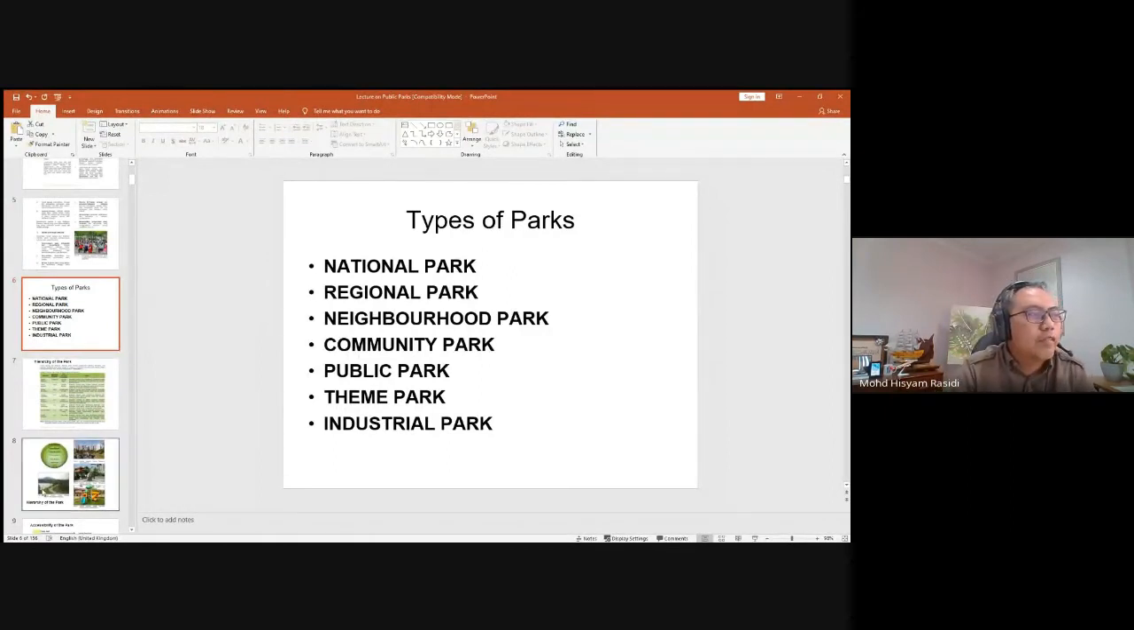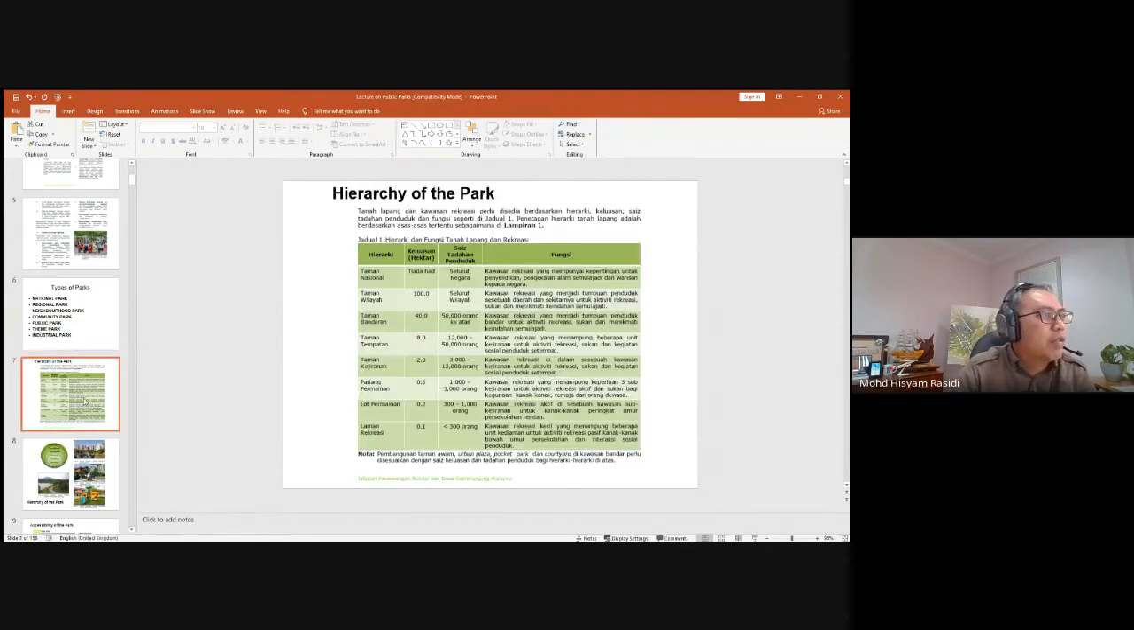Even industry also can be a park where they organize the green space. So park normally creates a good and pleasant environment for the community. So in this example, the national park is basically the size throughout the country, and there is no limitation. But the regional park has 100 hectares, so it is bigger. It is basically shared by several